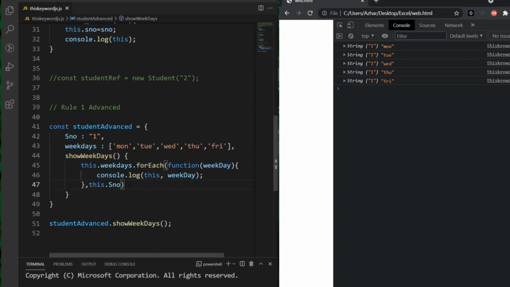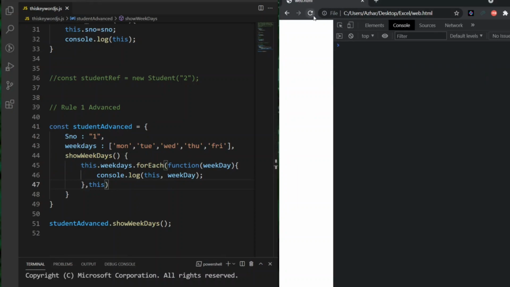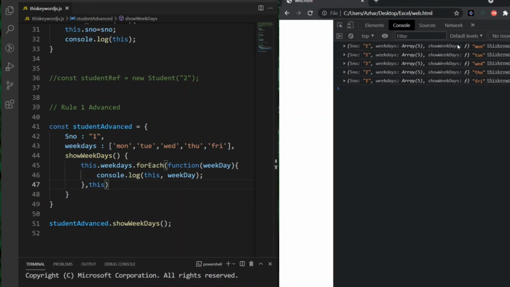If we just remove this serial number, this will again give the entire object. So if I execute it again, you can see here it has now got the entire object with the weekday.